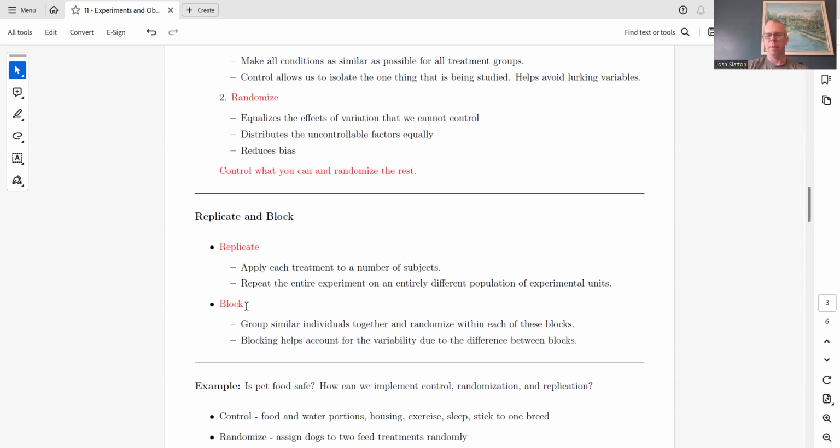So maybe you just divide people up by whether they're smoking or not already, and so that would be a block. Whereas the difference between a block and a factor, you would randomly assign people to smoke or not as part of your experiment. With a block, you just see that this group of people are smokers, this group of people are not smokers, and you divide them up in that way. So that would be a block. So blocks and factors look similar. The difference is a block is not randomly assigned. A factor is randomly assigned. So divide people up by what they're doing already. That would be a block.